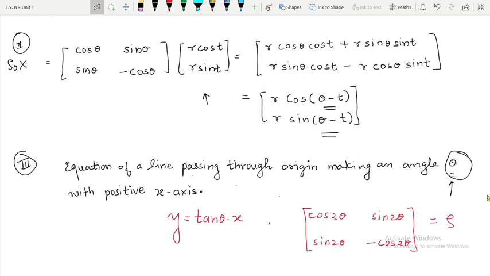So I'm sorry, here we should have rho theta by 2, isn't it? Because now over here our line of reflection is nothing but what? y = tan(theta/2) x. Is that okay? So if your matrix is containing only theta, then the line of reflection is y = tan(theta/2) x, and if your matrix of reflection is containing 2 theta, then your line of reflection is y = tan theta x. So just keep it in mind, this should be known.